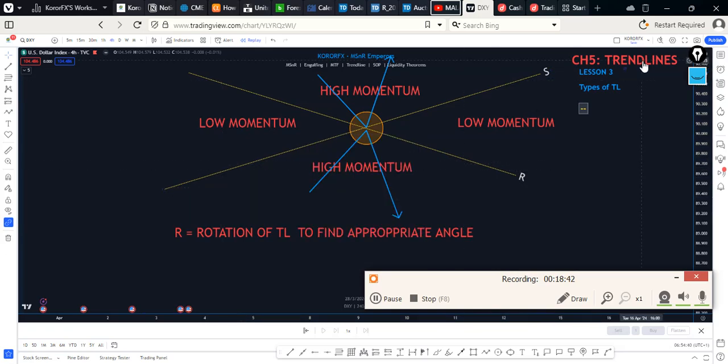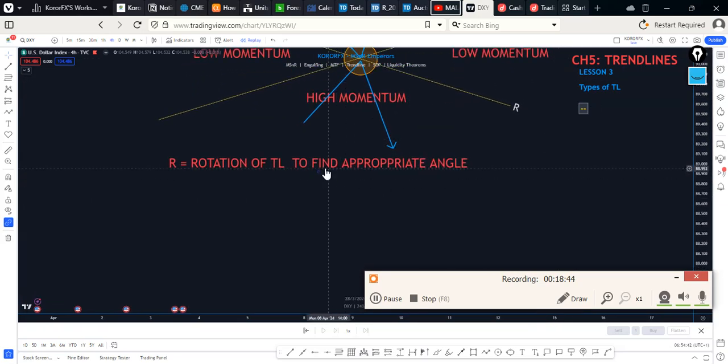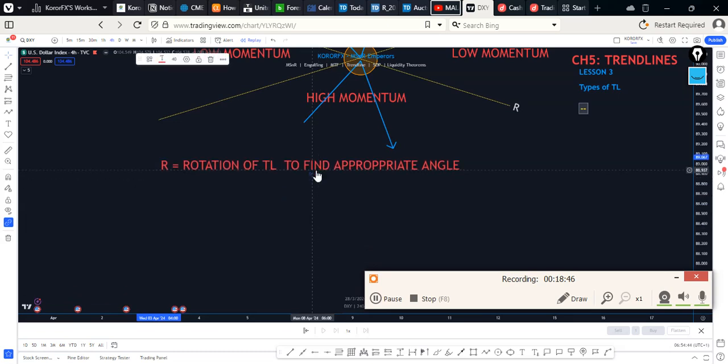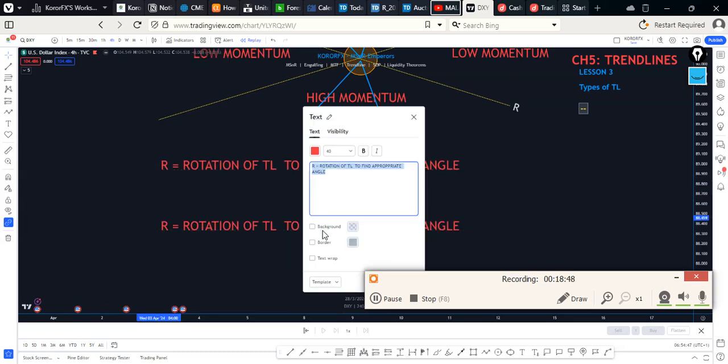So support and resistance trend lines together, the two trend lines together, the support one and also the resistance plus the support one,